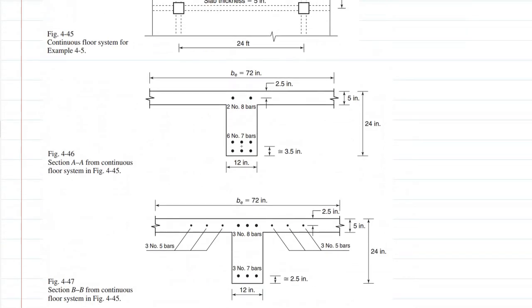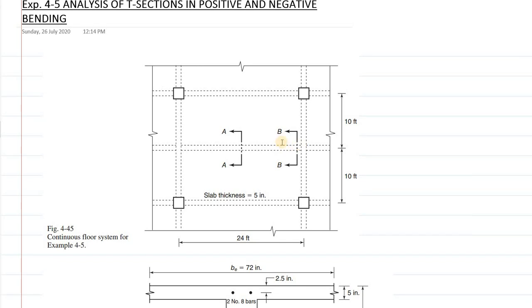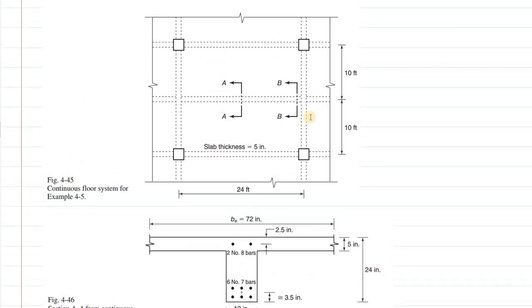LN is the clear span of the beam, the longitudinal clear span. This is the longitudinal clear span of the beam from this edge to this edge. So the center to center is 24 feet, and let's assume, although we are not given this data, that this is also a 1 foot wide beam and this is also a 1 foot